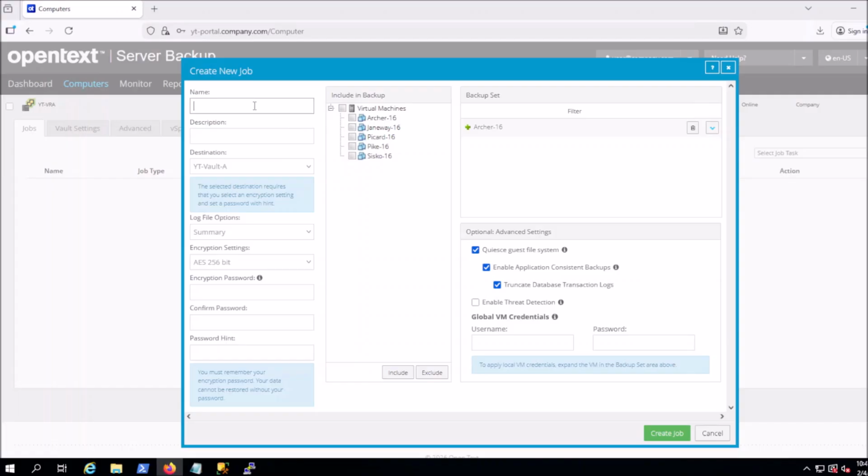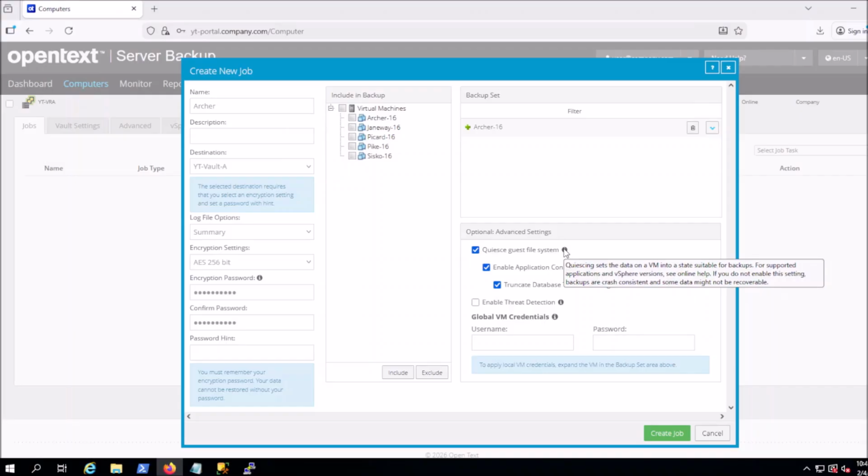As a personal general best practice, I do like to do a one-to-one of server to job name for the backup set. Now with the name set and the password entered, we're going to move over to the right side of this window where we have the optional advanced settings, where we take a look at the quiesce guest file system. We do want that normally because that is going to take the stuff that's in memory and flush it to disk and make sure we have a backup that's going to be in a good state, very similar to VSS